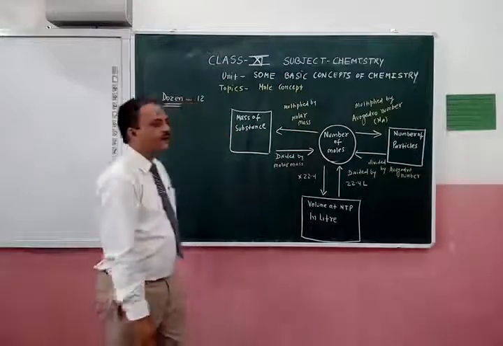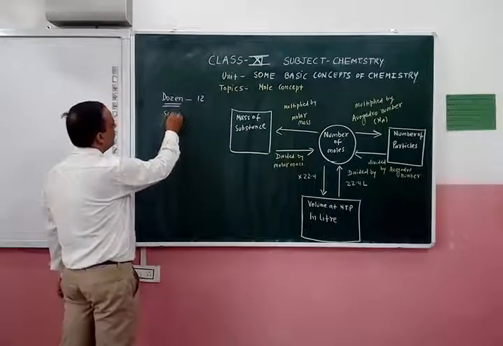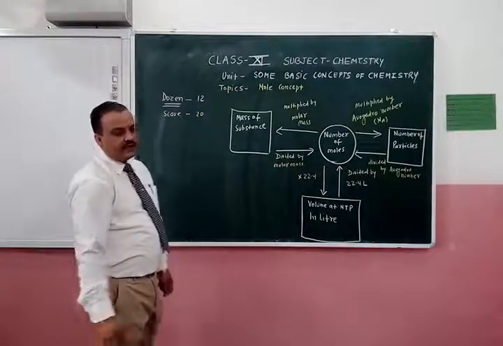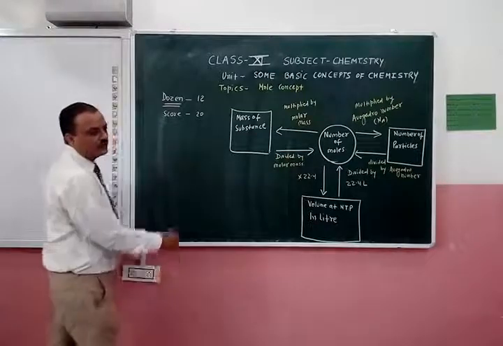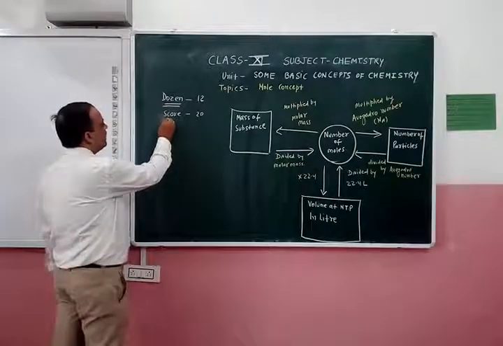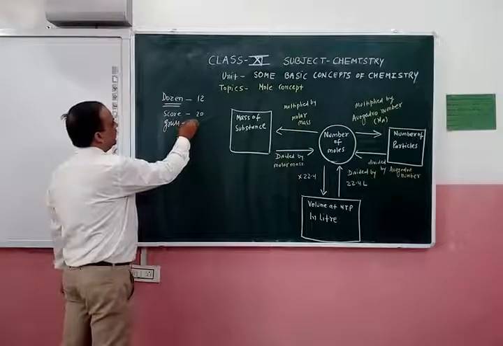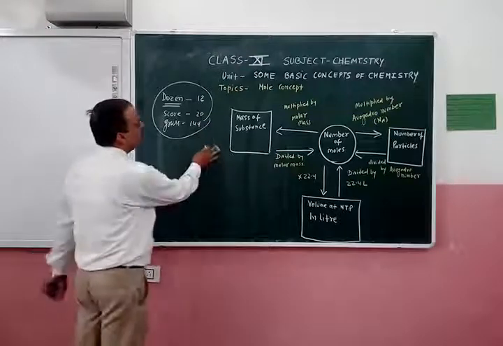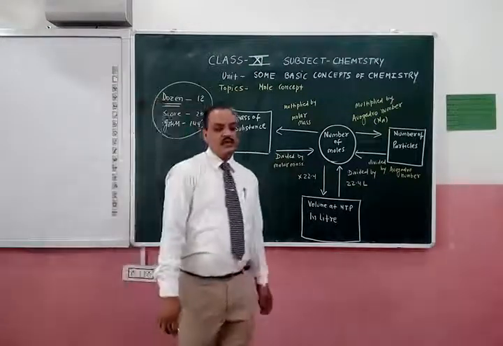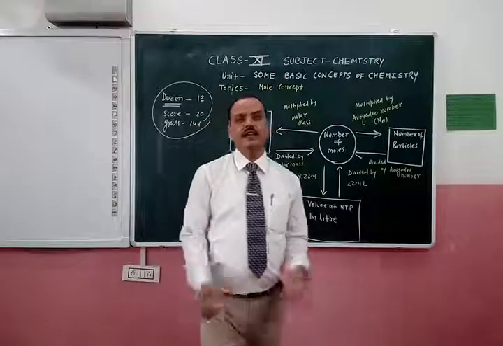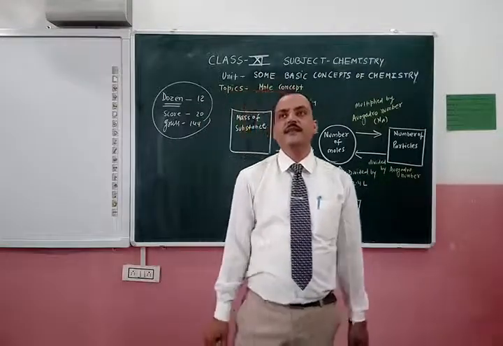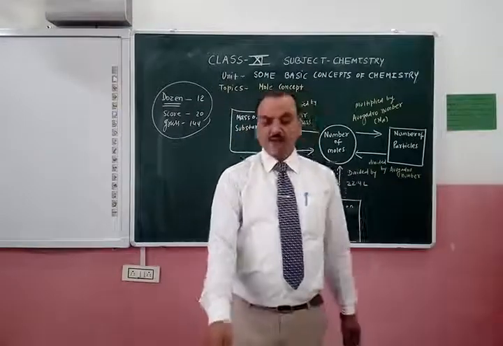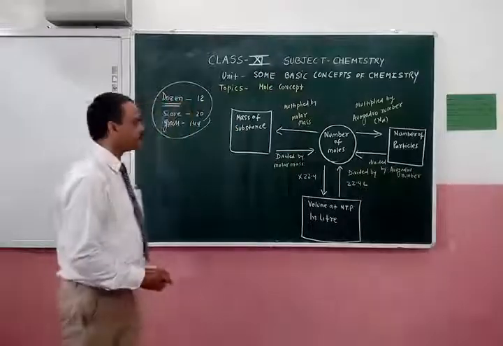Same like we have another term, score. It is termed as 20. We have another term, gross, for 144 articles. So all these three terms are used for a group of articles. And similarly, in the subject of chemistry, where we study different chemicals, we have to deal with